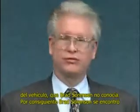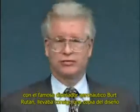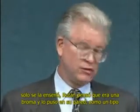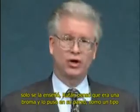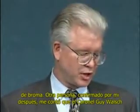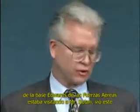Subsequently, Brad Sorensen met with the famous aeronautical designer Burt Rutan and gave him a copy of this blueprint, which you've just been shown. Mr. Rutan felt that it was a joke and put it on his wall as kind of a joke. And a third party confirmed for me later that a Colonel Ray Walsh from Edwards Air Force Base